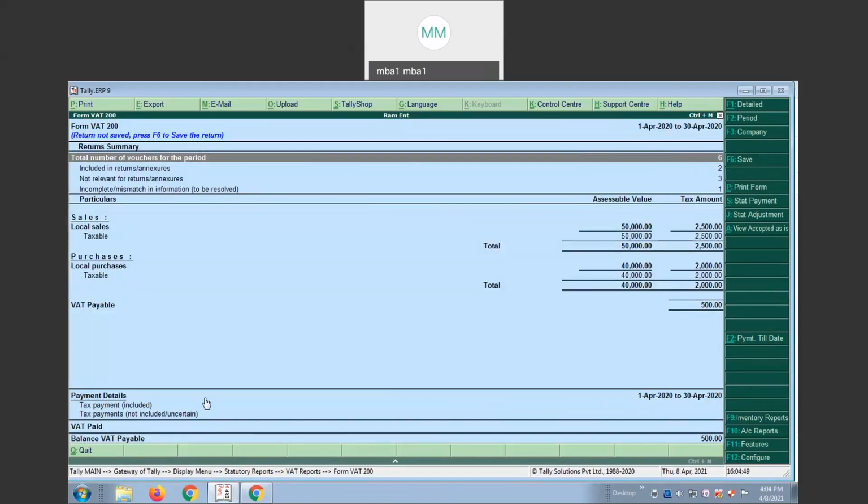Sometimes it will show 500 rupees as VAT paid. It should take the paid amount. But in the education version, sometimes these kinds of features may not be enabled. Once you click on that, we'll get an option. When I click on statutory report in the system, it's only showing the quit option. Where is the statutory option?